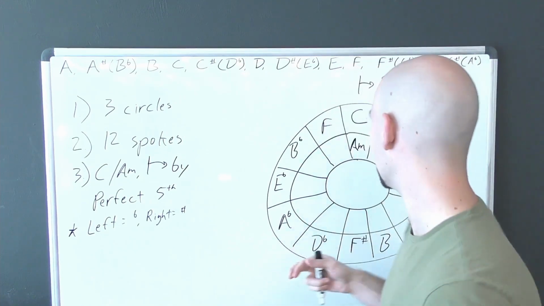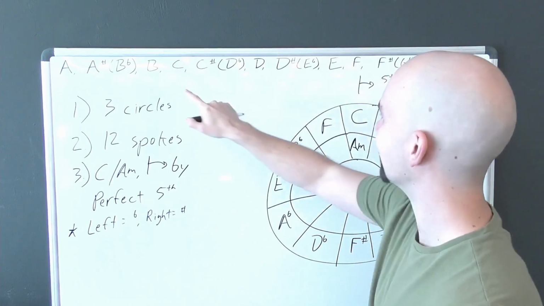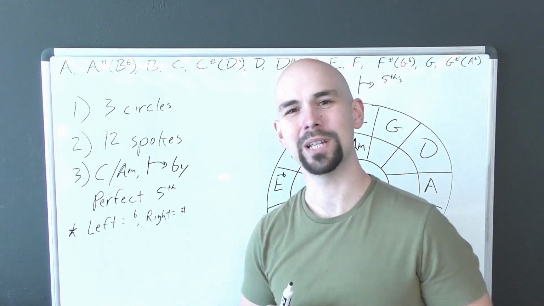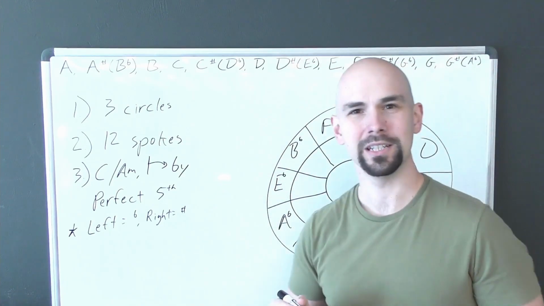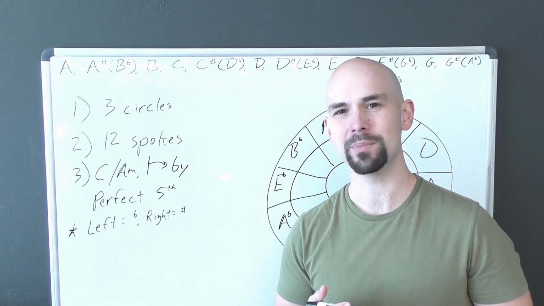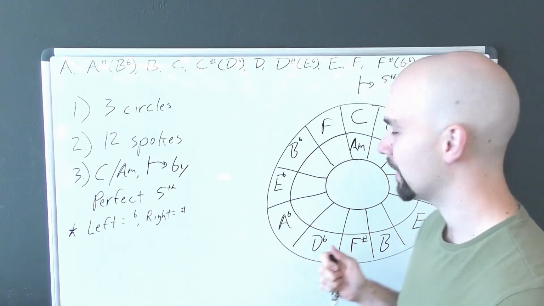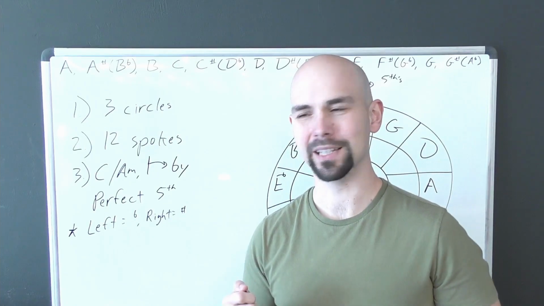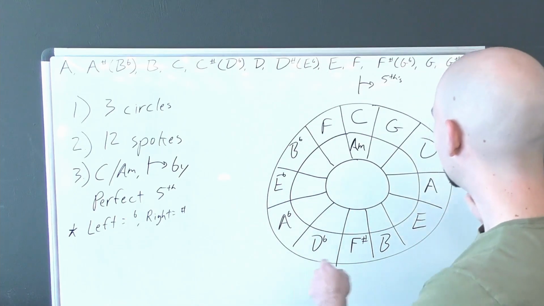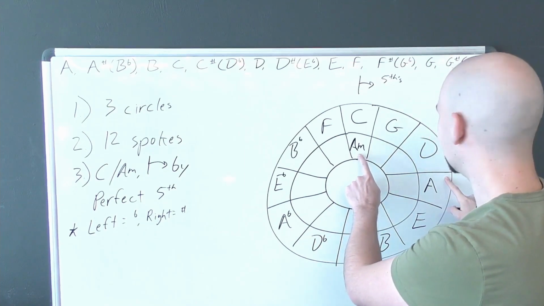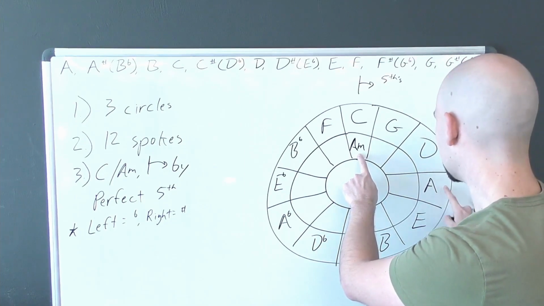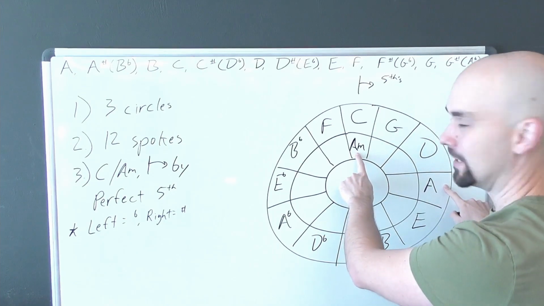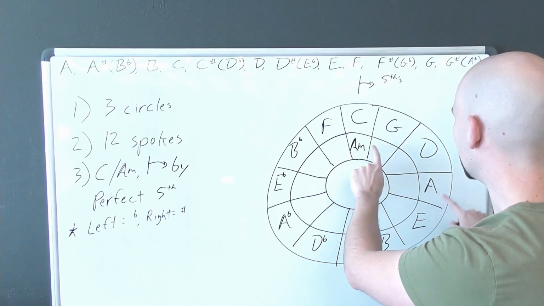All right, so now what about the inner circle? You do exactly the same thing, and you just go like A and then add 7, which is going to be E, and so on and so forth. But guess what? You don't actually have to count anymore because I've already done the outer ring, and so I can just copy it with the inner ring. Now, bearing in mind that the inner ring is all minors, so you're going to have to put a little M next to everything that was in the outer ring when you copy it to the inner ring. So if I have an A here and an A here, then every time I go clockwise in the outer ring is the same distance of going clockwise in the inner ring. It's 7 half steps. So my perfect fifth of going 1 over is going to take me to E minor,